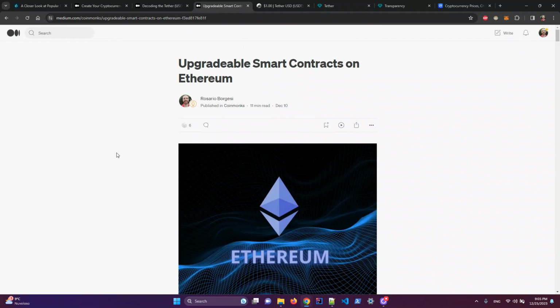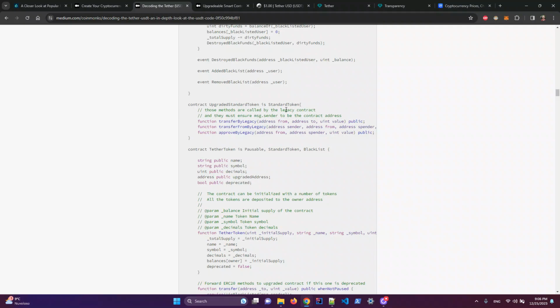You can check it in the description. It will enter into the detail, and even though it is a newer way to create upgradable contracts, it still will be helpful to understand better how this pattern of upgradable contract works,